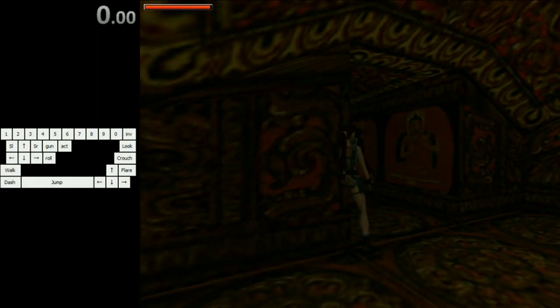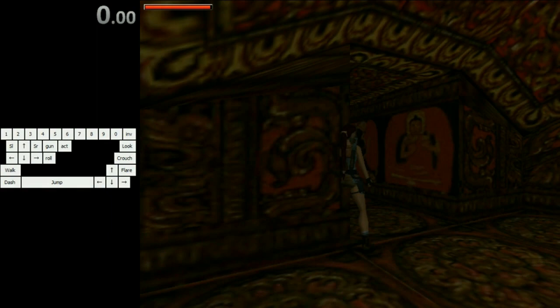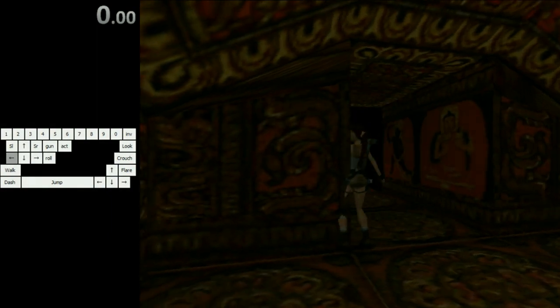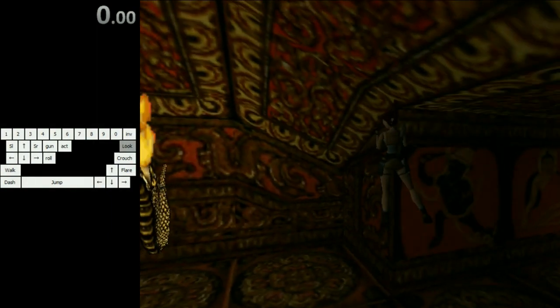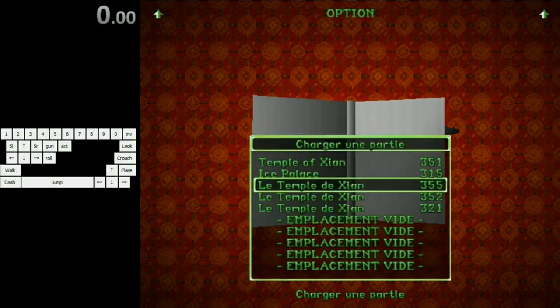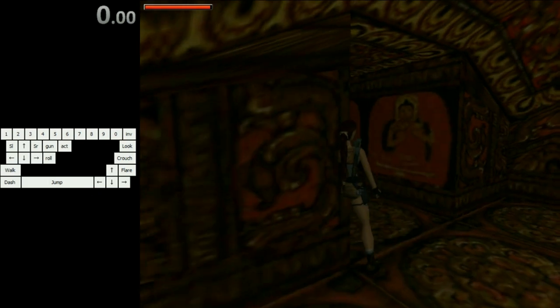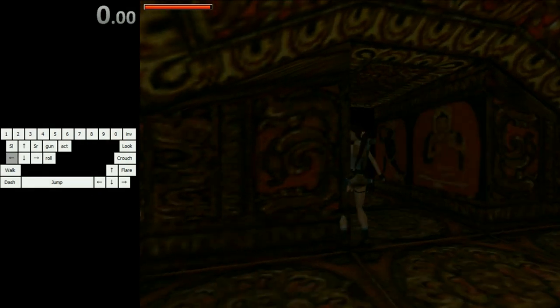So this just requires slight practice, but don't worry, it's not too bad. Just press left, forward at the right time, and you'll have that spot. It doesn't really matter if you press really early or really late, as long as you enter in the wall. It will just take a bit more time to be in the right angle when you're inside the wall, so don't worry. So what you do is you just press forward, and then you're gonna hold forward, and you're gonna